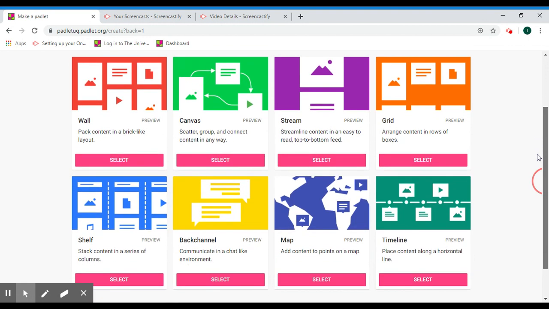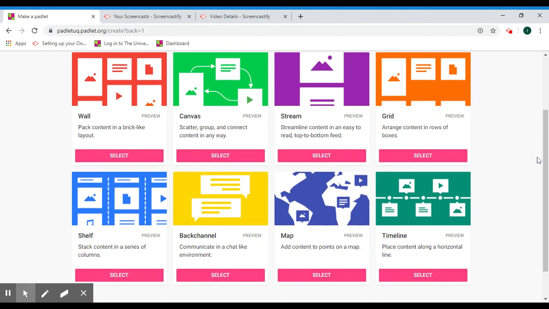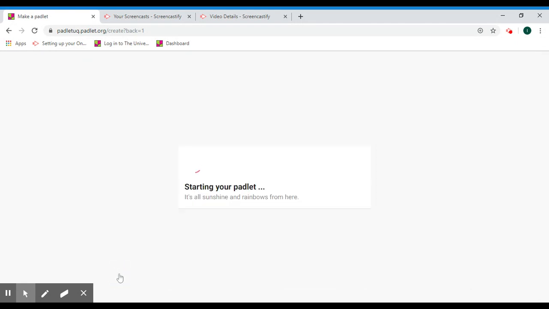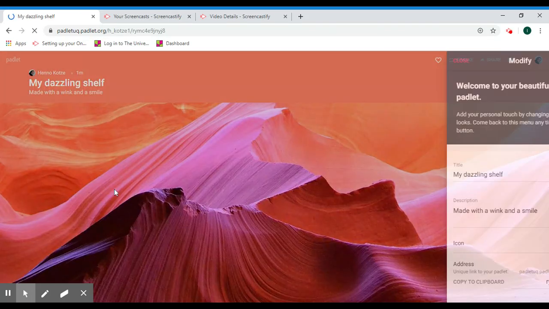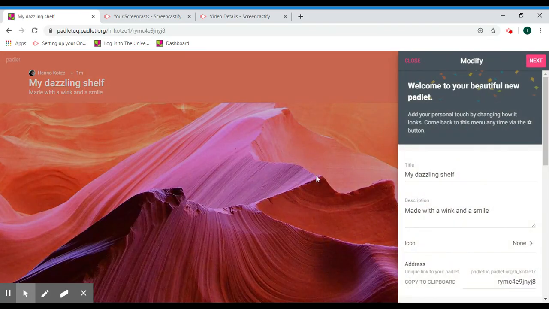If you plan on using it for the duration of a course as a sort of curation, bulletin board, sharing things with your students, I suggest using the shelf layout. Shelf layout gives you tiny little headings at the top, and I'll show you how that looks now, but first it's going to ask you to modify it. You can call it my example shelf or wall,